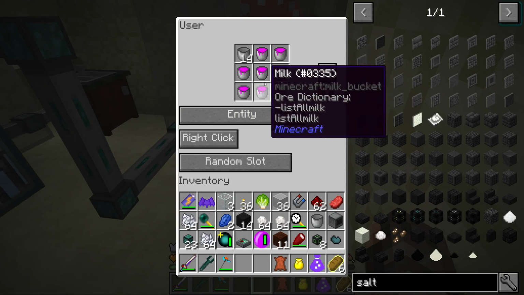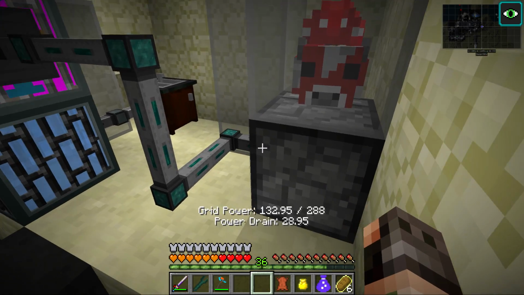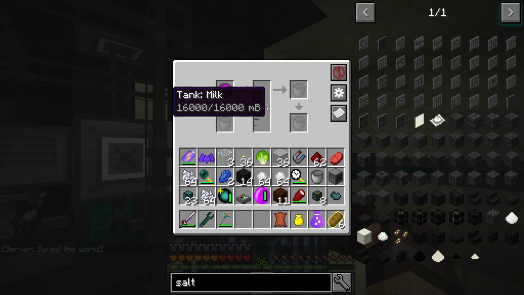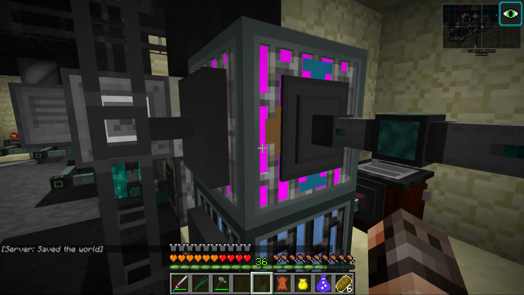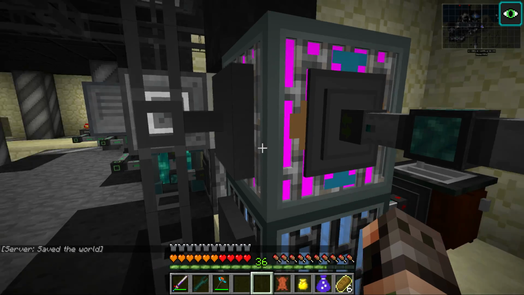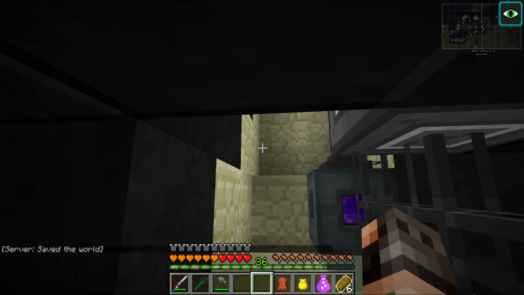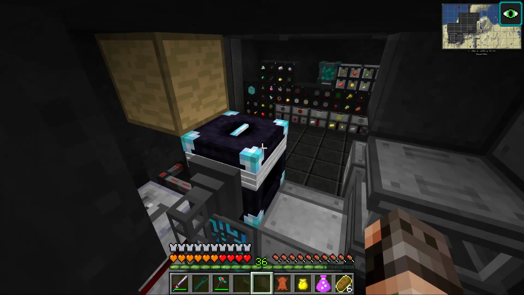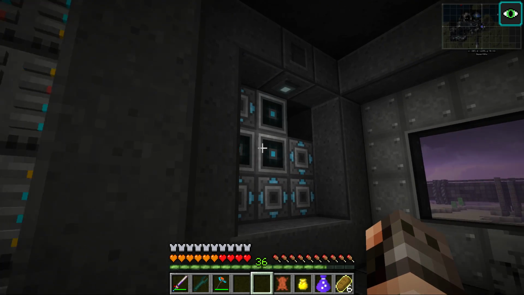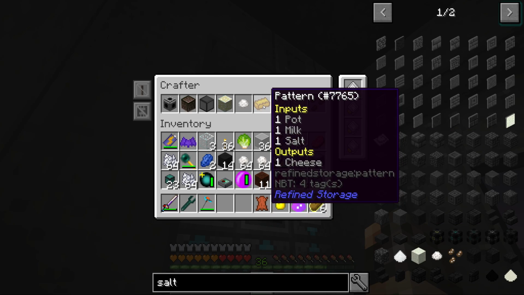Don't ask me why it's this color, I have no clue. And then I'm pumping that out. The buckets are being pumped out into this tank and then emptied into the tank, which I then hooked up with an external storage, put to fluid mode so that my fluid system can read that we have milk in the system. And then again, since we've got milk in the system, I created a crafting recipe for cheese saying